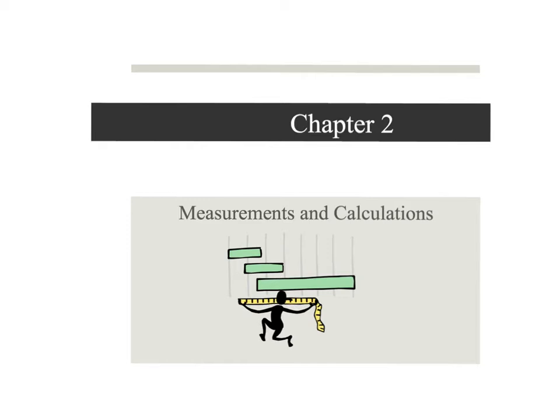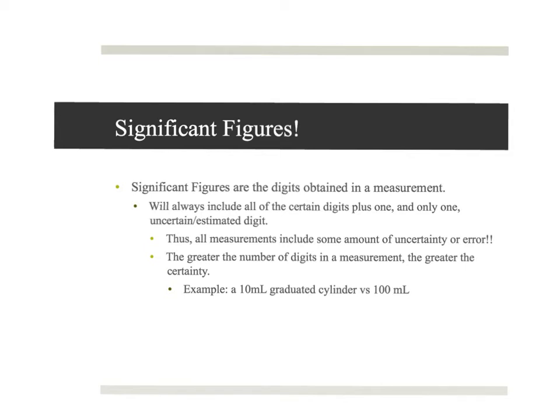Okay, so here we go. So what is a significant figure? A significant figure is all of the digits that you get from a measurement plus one estimated digit. Okay, so that's kind of focusing in right here. So it's all of the digits you are certain of plus one estimated digit, because sometimes when